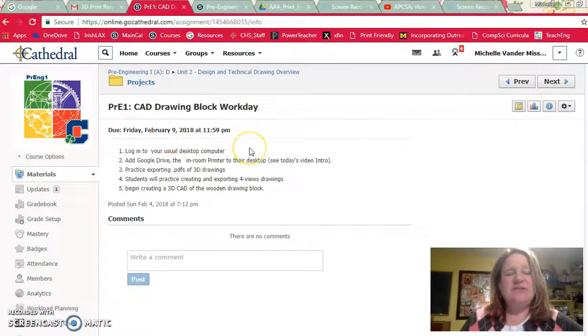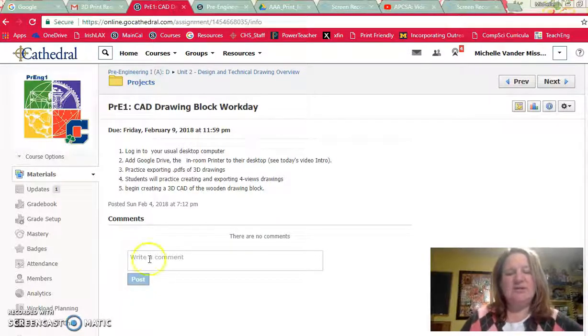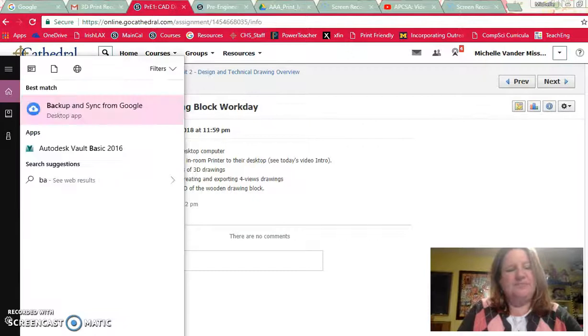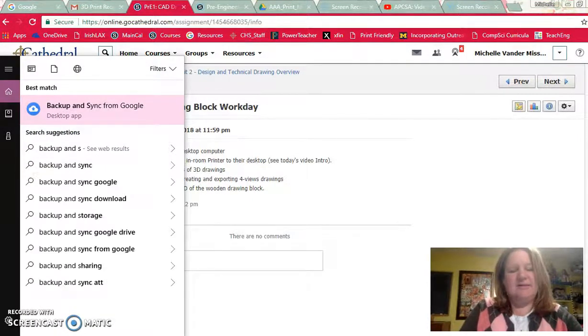The first thing I want you to do is log on to your usual desktop computer. We need to install some things for you. Once you get these installed, this needs to be your usual workstation. I want you to add Google Drive, and here is how you do this. In your Microsoft Word search bar, you're going to type in backup and sync. You can see that it comes up, and then you'll double click that,